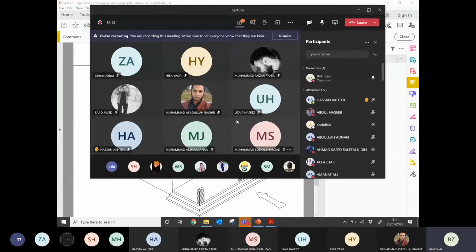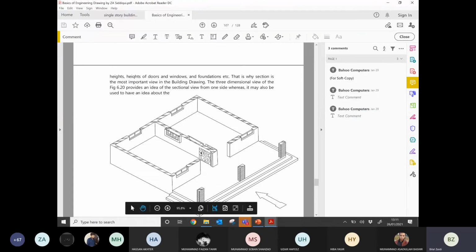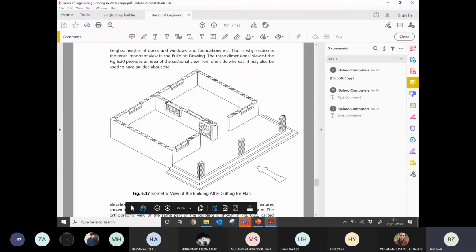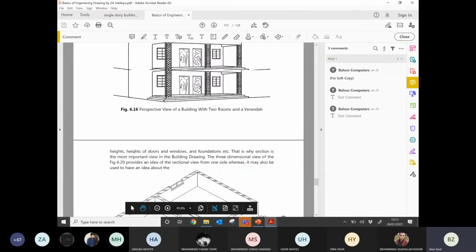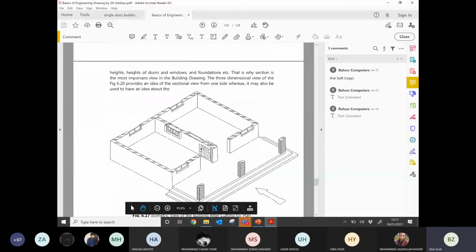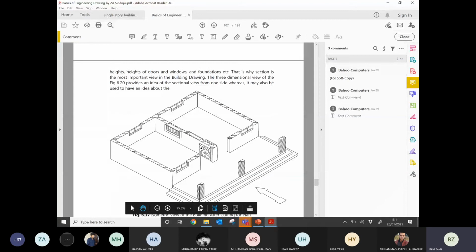And if the client is happy, then this view is final. So you will not get the size from figure 6.16 or figure 6.17, but it will depend on your requirement, and on the client's requirement.